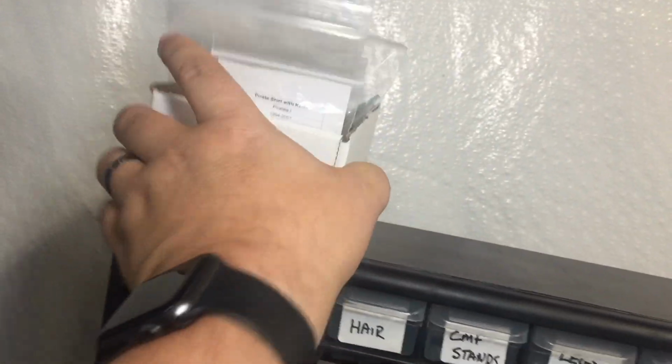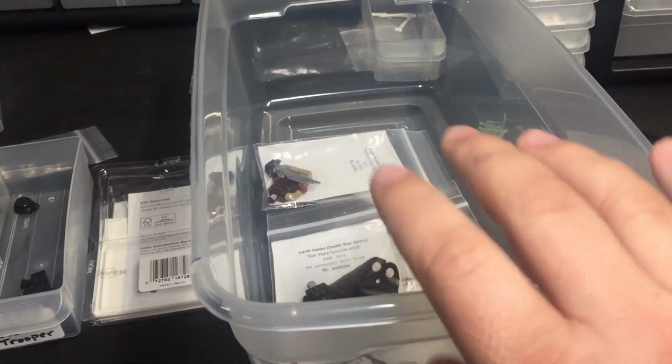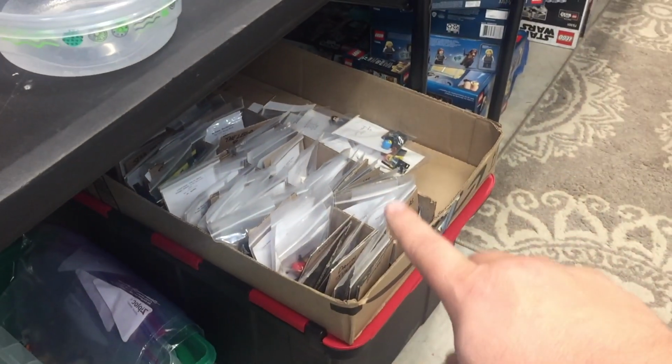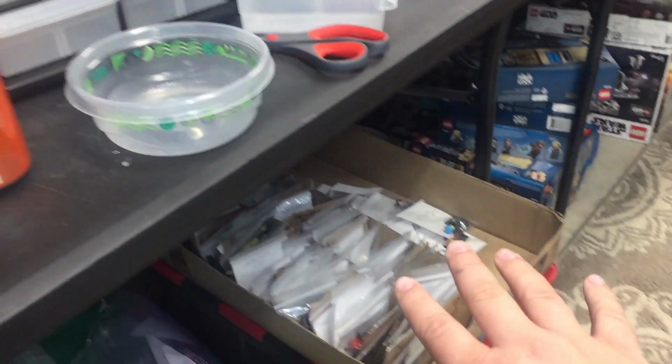And then I've got a box up here where I need to do some photos on those. So, building, and this will be one of those baseball card boxes. This will get transferred into a baseball card box. This is everything I'm selling, and then